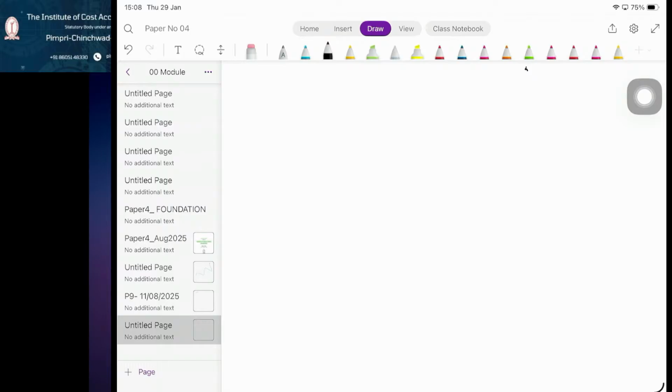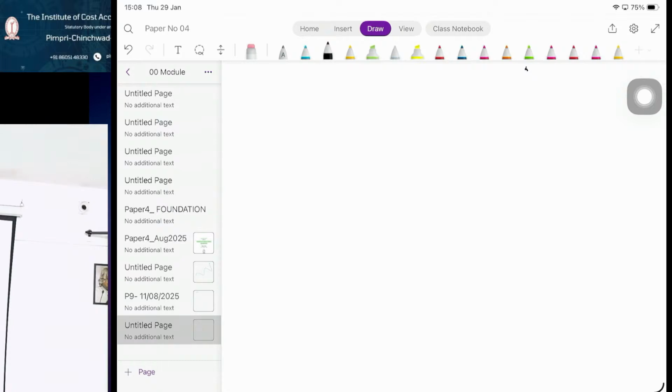Okay, and we have defined one or two very important things. One is that if only price increases, all else constant, then we know that,